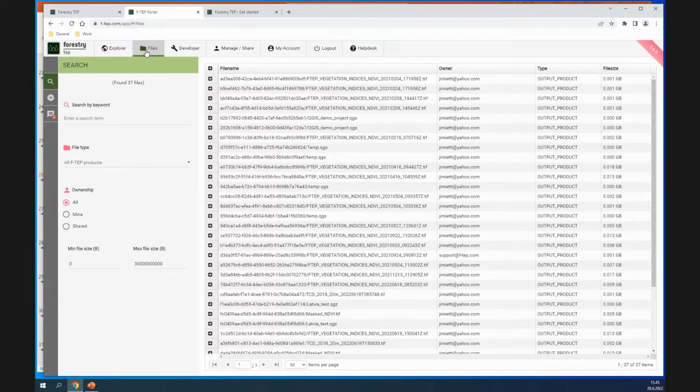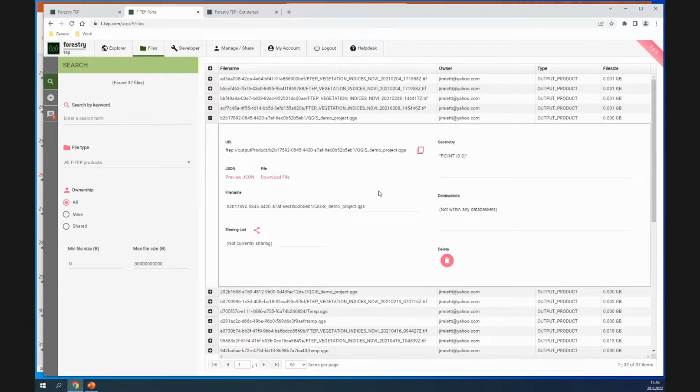So that is a better place to look at all your files, and not only your files, but all the files that you have access to, meaning that, for example, if you are in a group and someone shares a file within that group, this is the place you could see that. And then you could see the details of the file, and you can, for example, download the file into your own computer if you want.